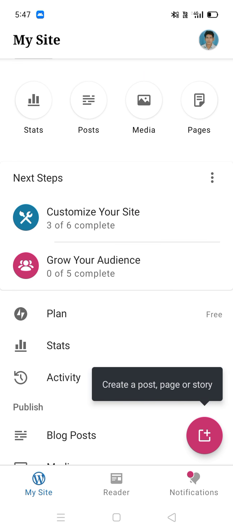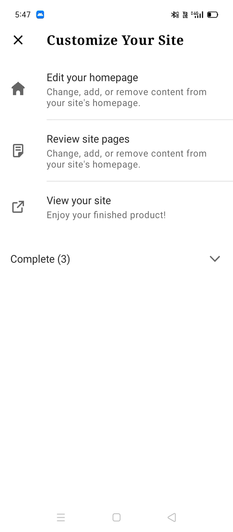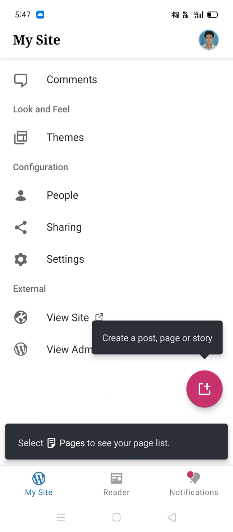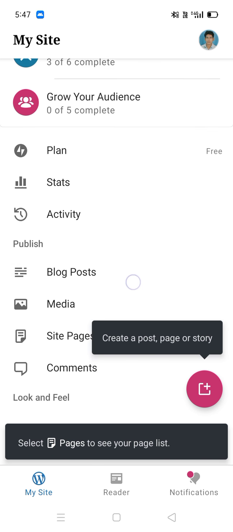The third suggestion is to edit your home page. If you want to make edits to your home page, just click on this, and it will redirect you to the pages option.